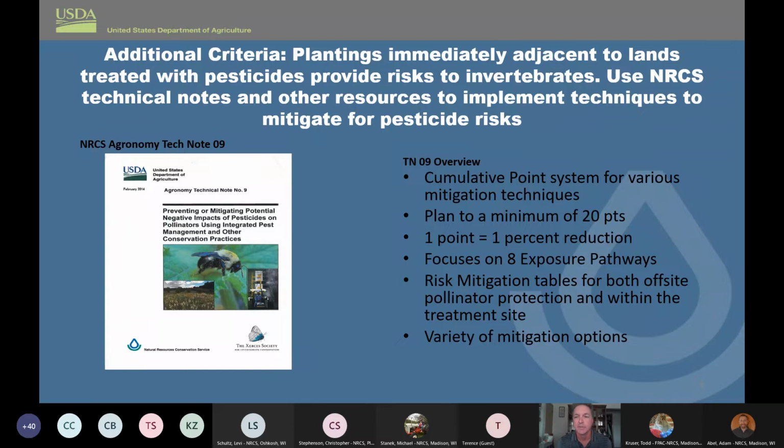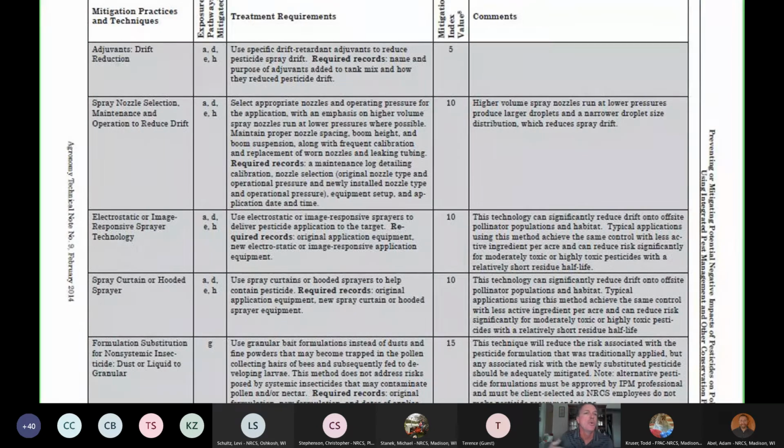And then there's risk mitigation tables for offsites. And like I said, there is a variety of mitigation options. This shows just one of the tables when you're looking at practices. So the first one that's shown here is drift reducing agents, and this is becoming more and more common in agriculture. All of the co-ops are using drift reducing agents, and most of the larger farmers are also using